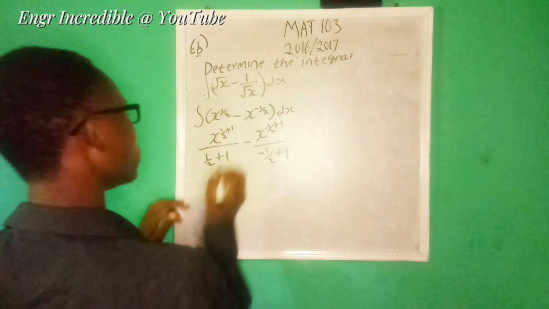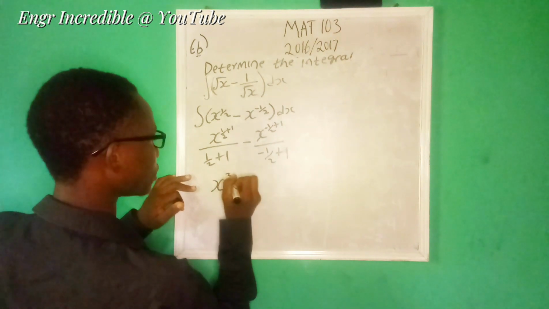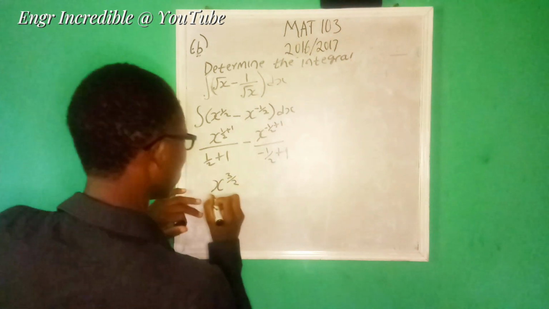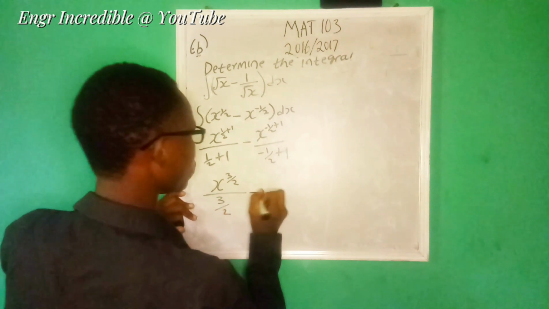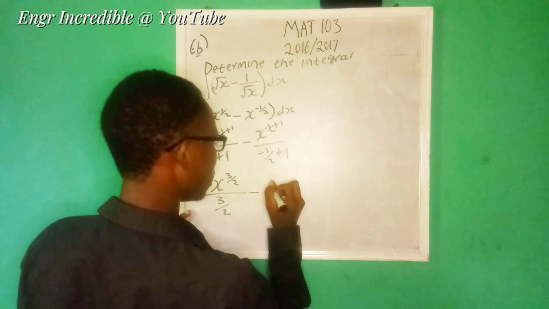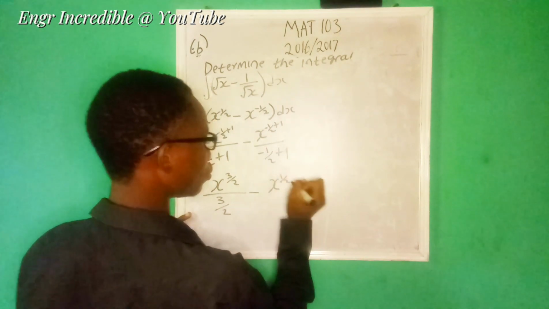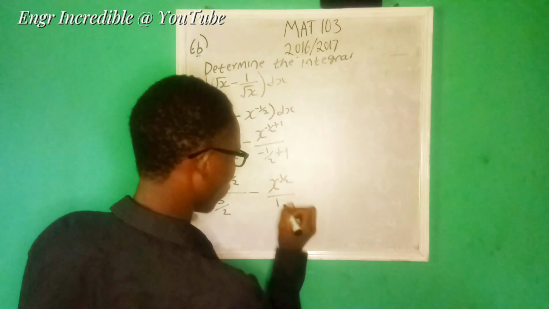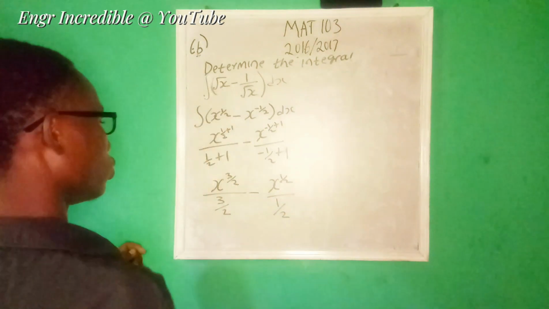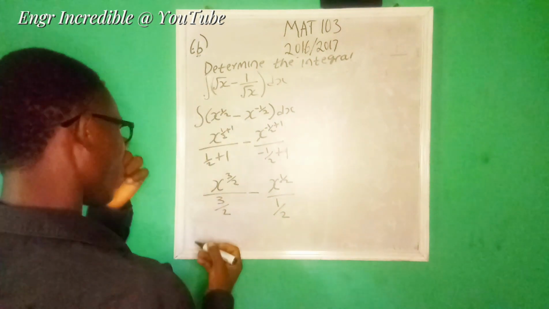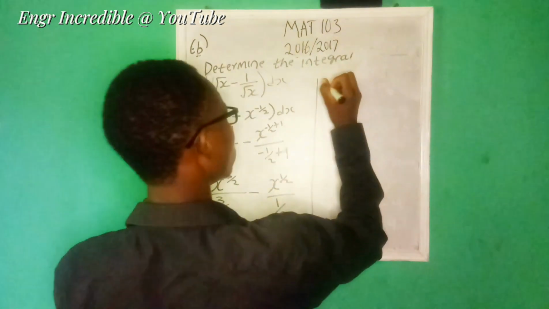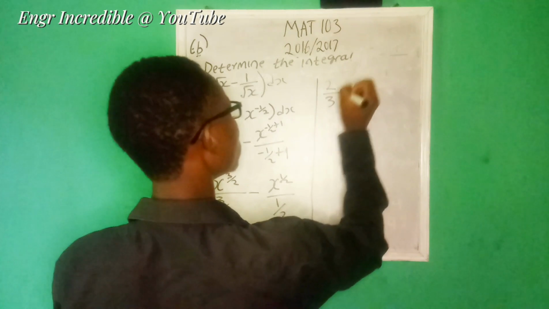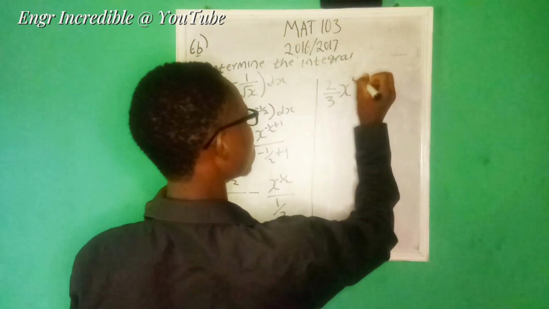We get x raised to power 3 over 2 divided by 3 over 2, minus x raised to power 1 over 2 over 1 over 2. If we simplify it, we get 2 over 3 x raised to power 3 over 2